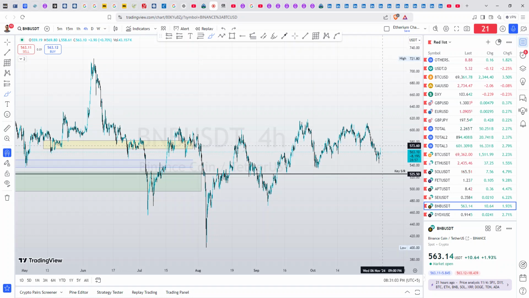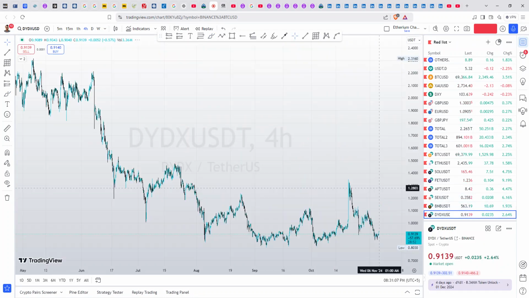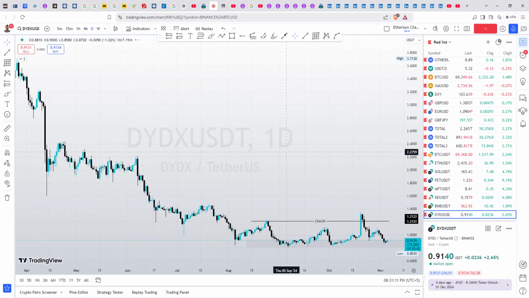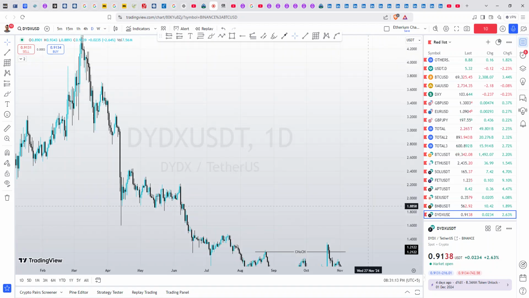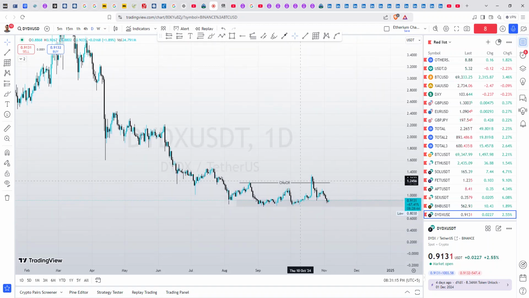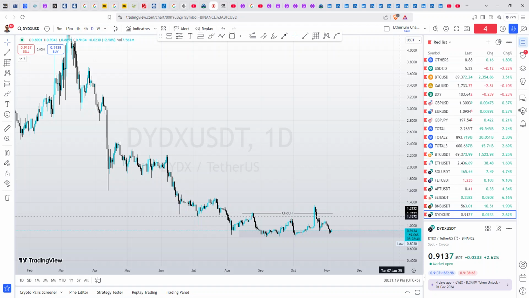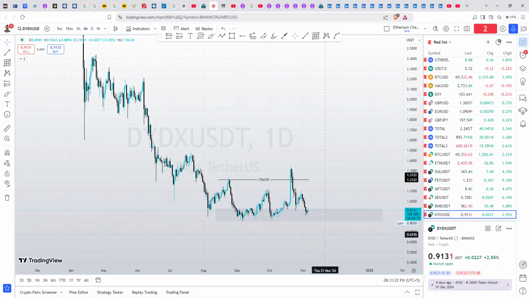We'll move the drawings. Let's go to DYDX USDT. Let's go to a bigger time frame to see what it is. Yeah, on the bigger time frame we have a clear change of character, but I'm not going to enter until or unless I see some good